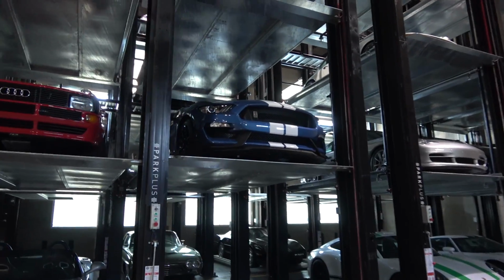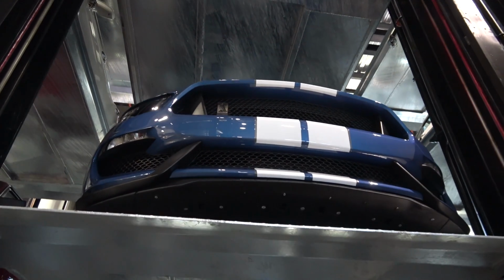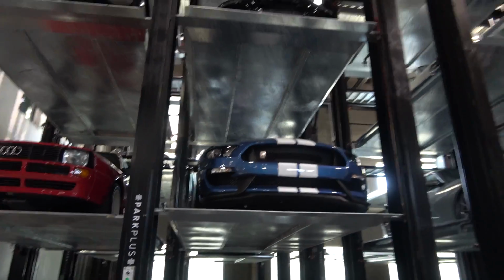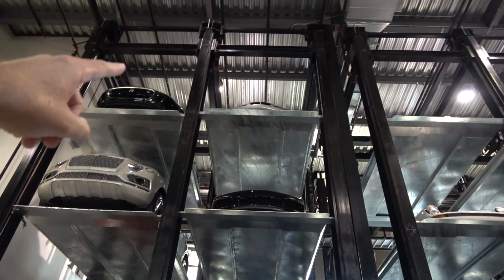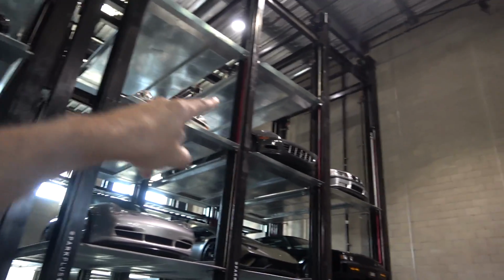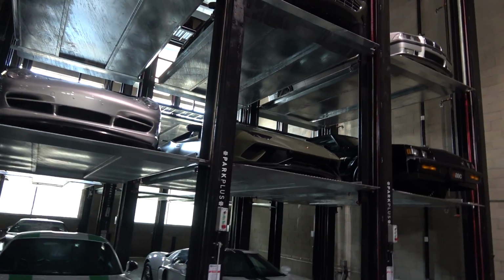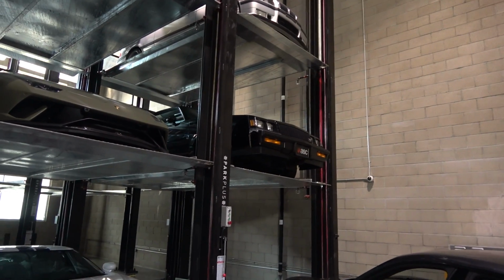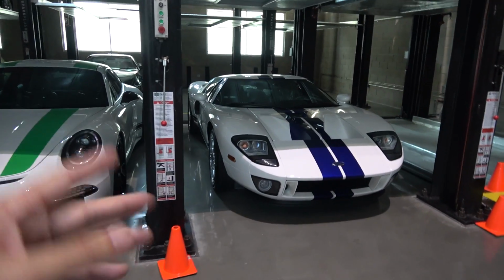Let's get a little bit tighter in on that. That is a, I don't know, looks like a 350. GT3 above that, and then you've got the Jaguar, and that looks like an M Coupe or M Roadster. Porsche, Ferrari, BMW, Carrera. This looks like a Huracan Performante. The GN, and this one, I mean, come on, when I buy a Ford GT, it's going to be